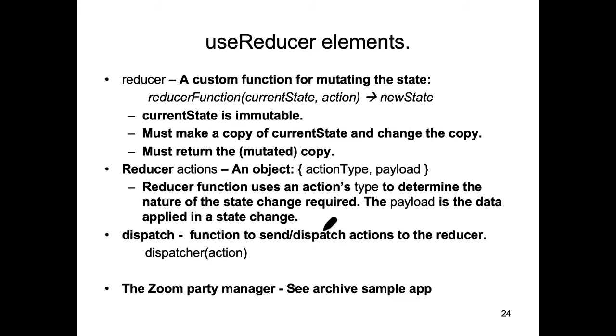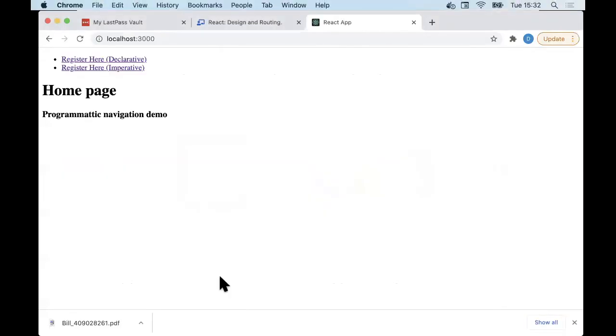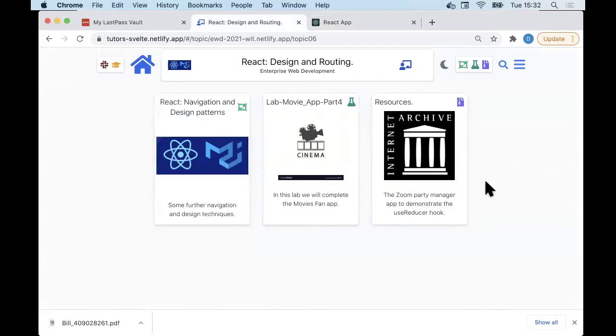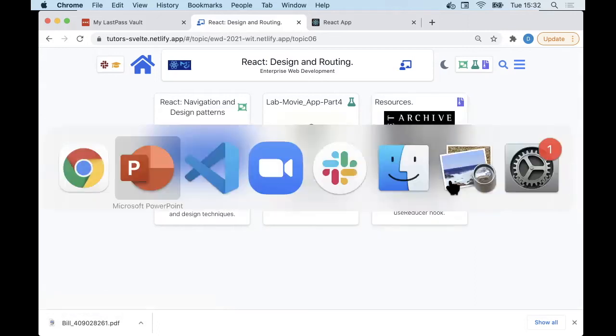Now, I have one example application demonstrating all of this. And it was a great idea that came to me back in March, April, when we went into our first lockdown. So it's this glorifiedly titled Zoom Party Manager. It's nothing like that, but that's where the idea came from. So to get access to this code, go to the website and grab this archive here, download it, unzip it, import it into VS Code, and run npm install and npm start. So it's a Create React app. And so if I do that,